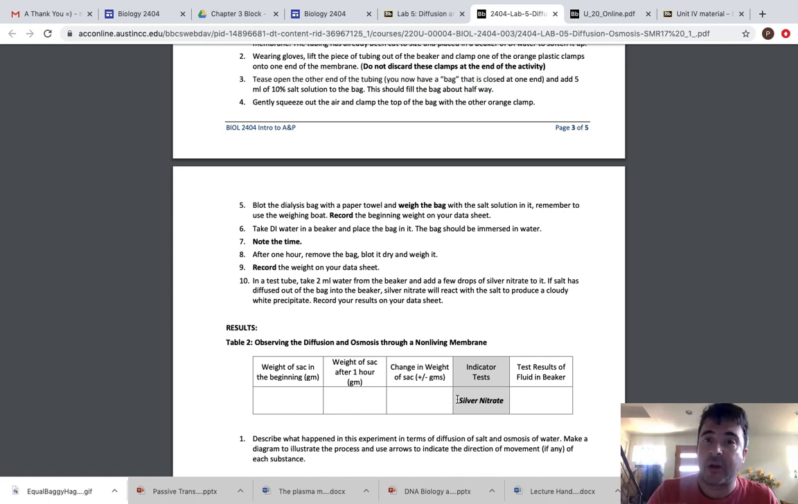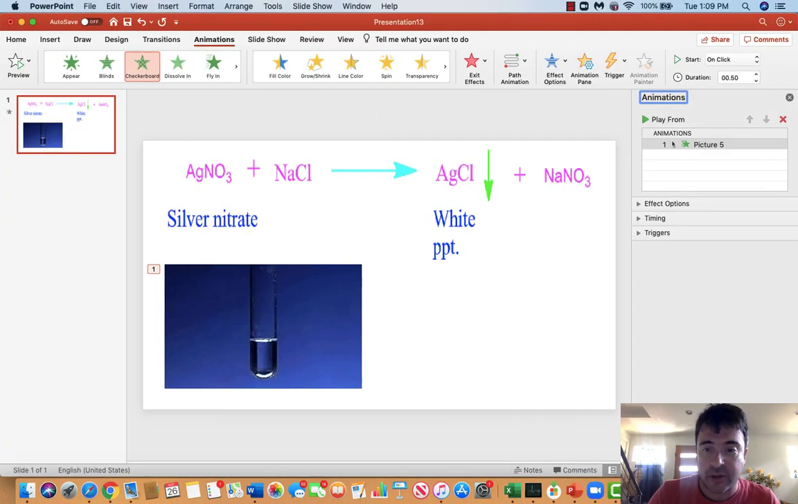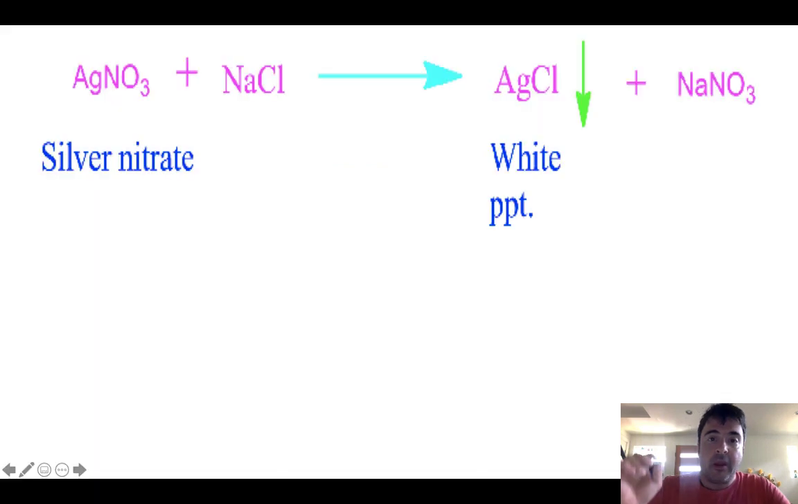We also want to evaluate the permeability characteristics of the membrane for solutes like sodium chloride. The way we do that is using a test indicator. So our test indicator is silver nitrate. Now what I mean by that, and I'm going to go to a different presentation real quick, is I want to know whether the membrane that we were using, that dialysis tubing, whether it's permeable to sodium chloride